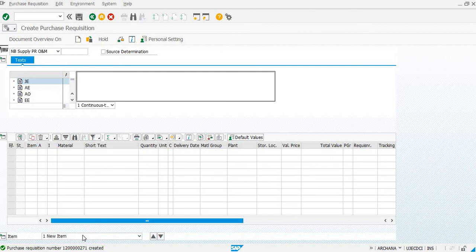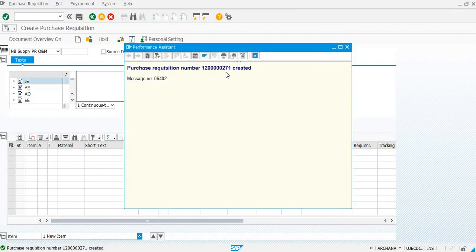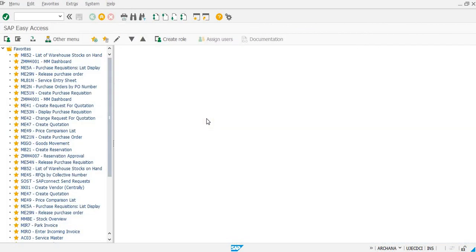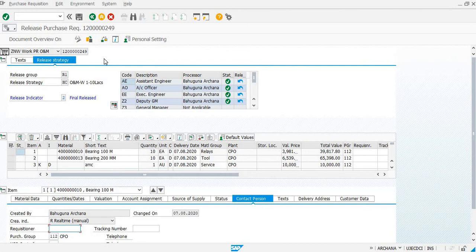As soon as we click on save, a PR number has been generated. Now the next step is to release the PR, and the T code for the same is ME54N. Such a screen will appear. Now we can enter our PR number.